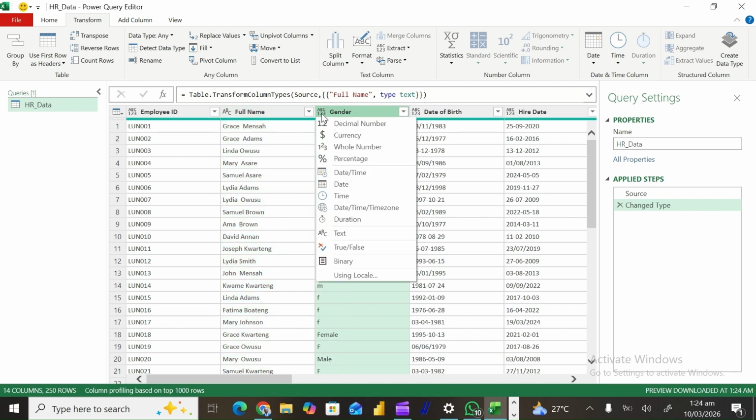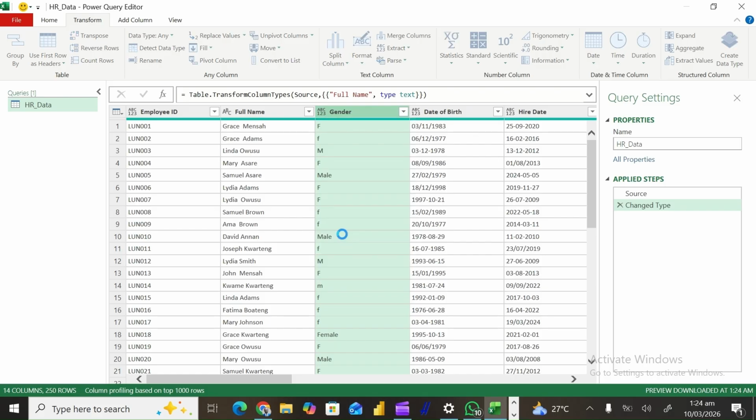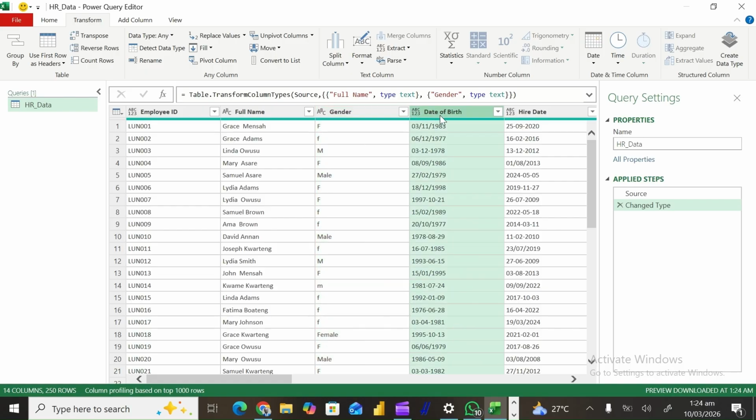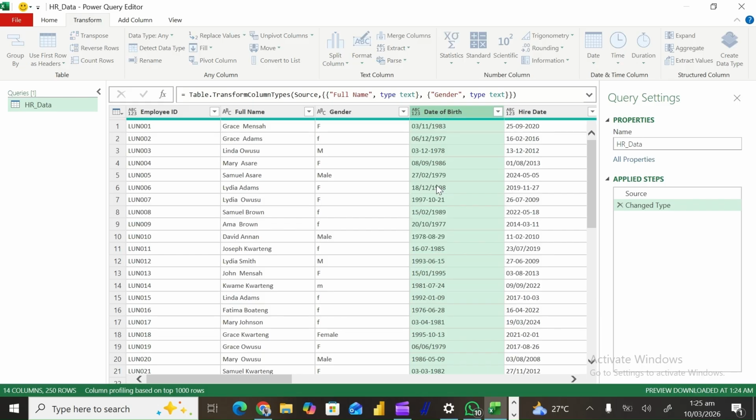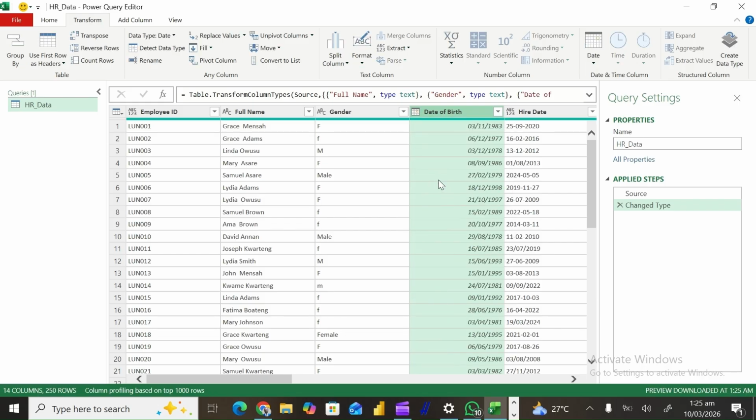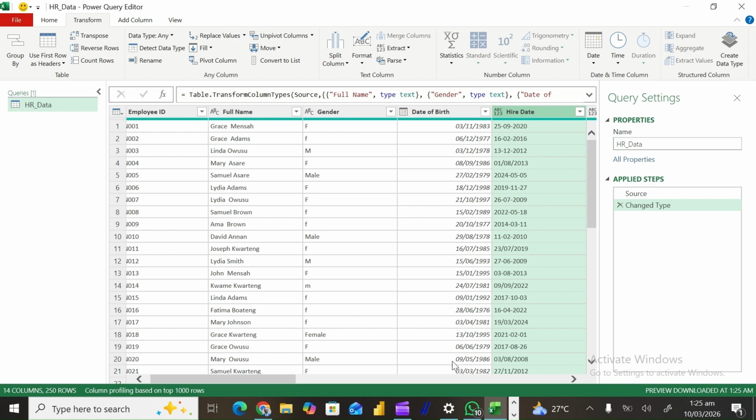Those the gender, then with the date of birth, you could also see that Excel has identified it as both numbers and text, and we need to change it to dates. The hire dates,